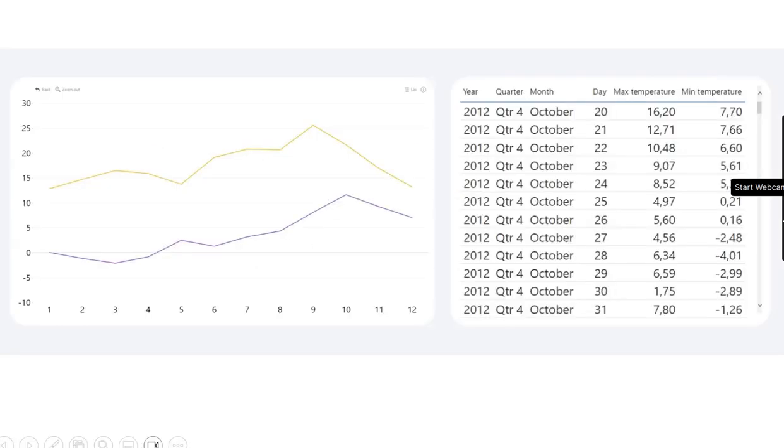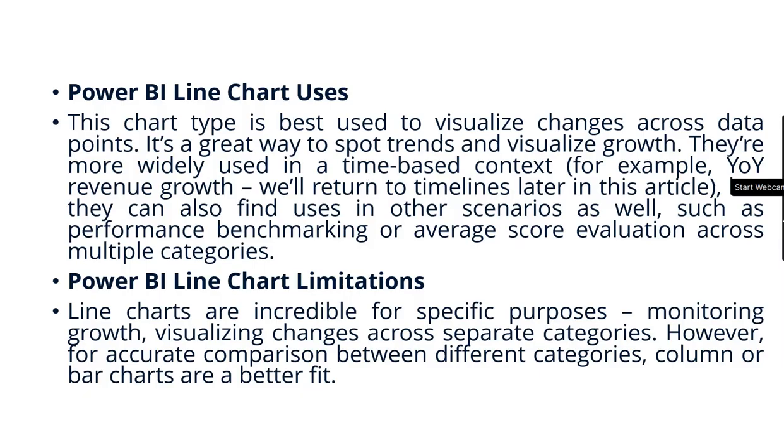You can see here, these are categorical data and we have shown each point matched with a line. So this type of chart is best suited to visualize changes across data points. It's a great way to spot trends and visualize growth. They are more widely used in a time-based context, for example in any financial year for revenue growth. We will return to timelines later.